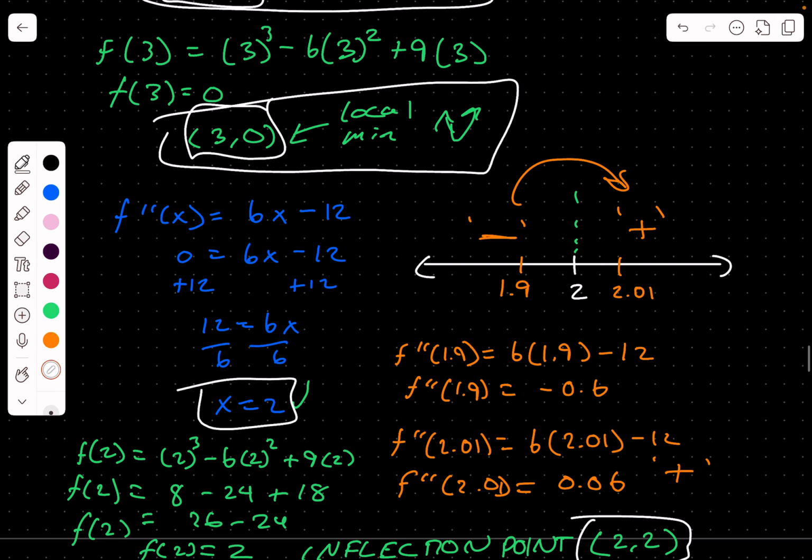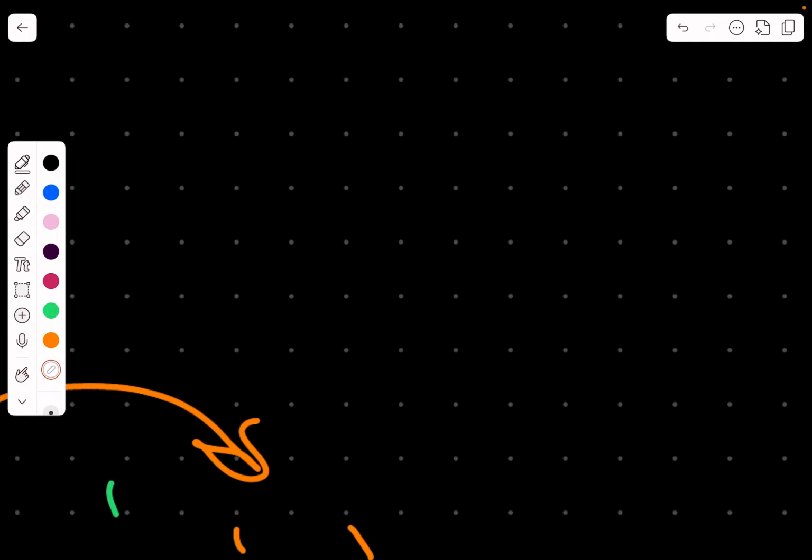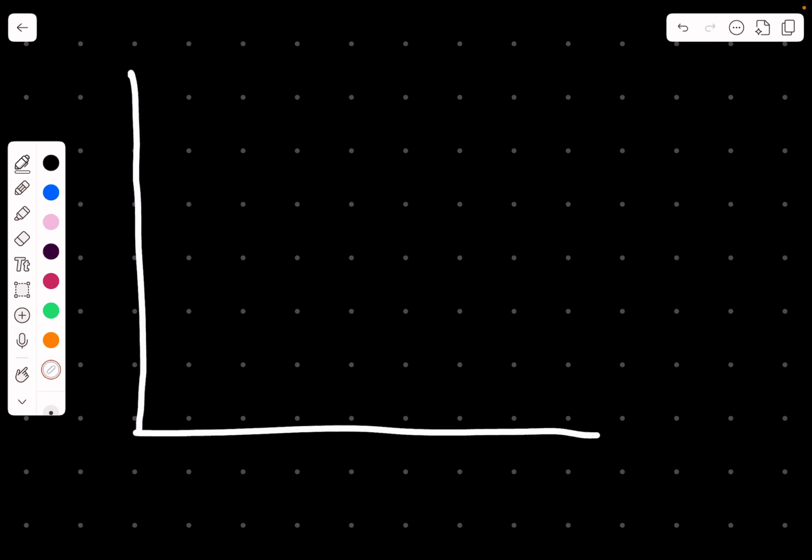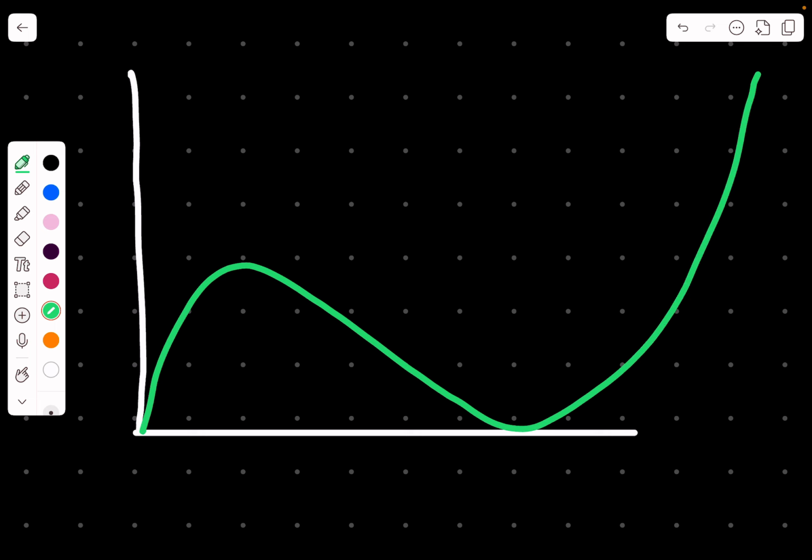Now, what would this look like graphically? Like, we have our points, but what would it look like? Is it actually adding up? So I'm going to zoom in and draw what this function would roughly look like. Roughly, once more roughly, it would look something like this, okay? Where this point is going to be a 3, this point is a 1, and here we would have, I believe it's a 4,